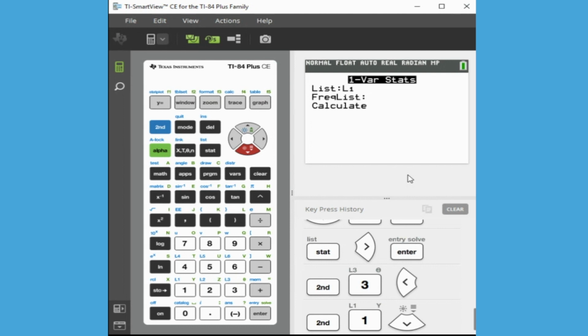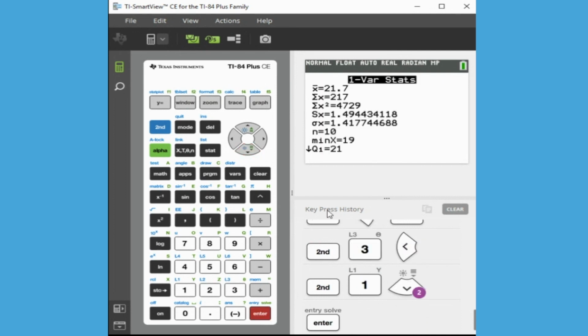A frequency list would mean that I had a second list set up so that each data value in L1 might be represented more than once. So if you had a data value, like for Sarah, number 22, and you had 10 other students that had a 22, you might set up a second list. But in this case, we just want each data value to be used one time, so I don't need to enter anything for their frequency. I do want to calculate the summary stats, so I'm going to press enter,